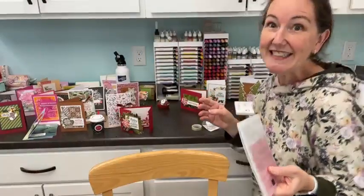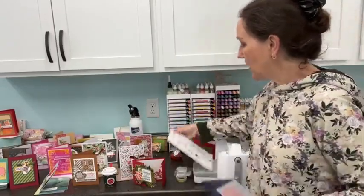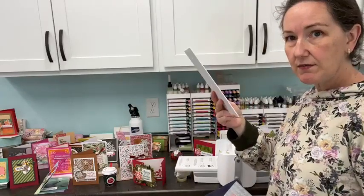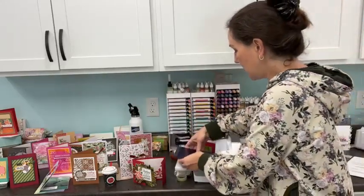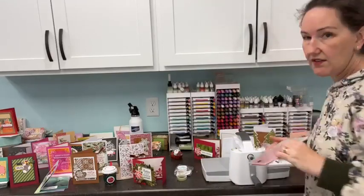So I'm down leaning over here. For these 3D embossing folders, you want to remember that when you are doing your embossing, the sandwich is a little bit different. You're going to use your plate here, just the big pad without the thin adapter. So I'm leaving this off. And then I'm going to use the specialty plate. Now the new specialty plate is gray and opaque. It's not this blue one, but it definitely stands out. And then I'm going to put my folder in here, hinge first, and run this through my Stampin' Cut and Emboss machine. And then when it comes out the other side,